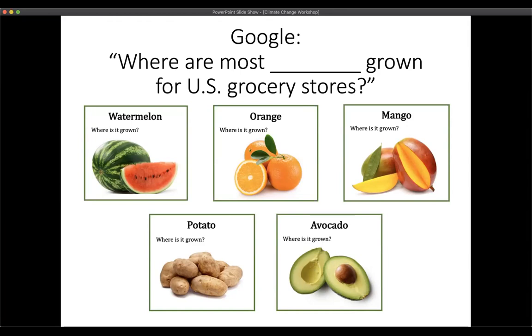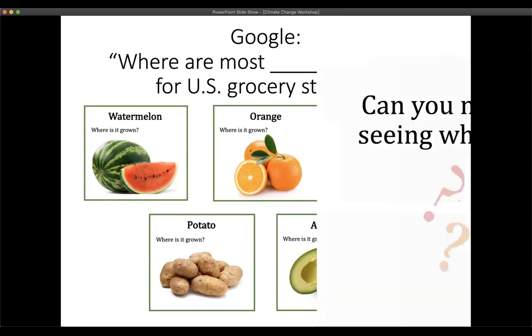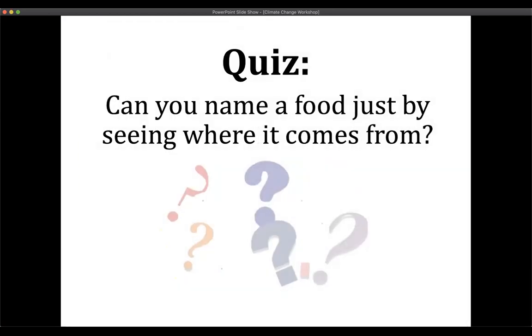Most of our food, a lot of our food, depending on where you live, travels a distance to get to our plates and our tables and grocery stores. So we're going to be exploring a little bit of why that happens, and how climate impacts our food. So we're going to do a little bit of a quiz, and if you can pull up the chat feature, that would be great. You're going to be needing it here for a minute. We're going to do a quiz.